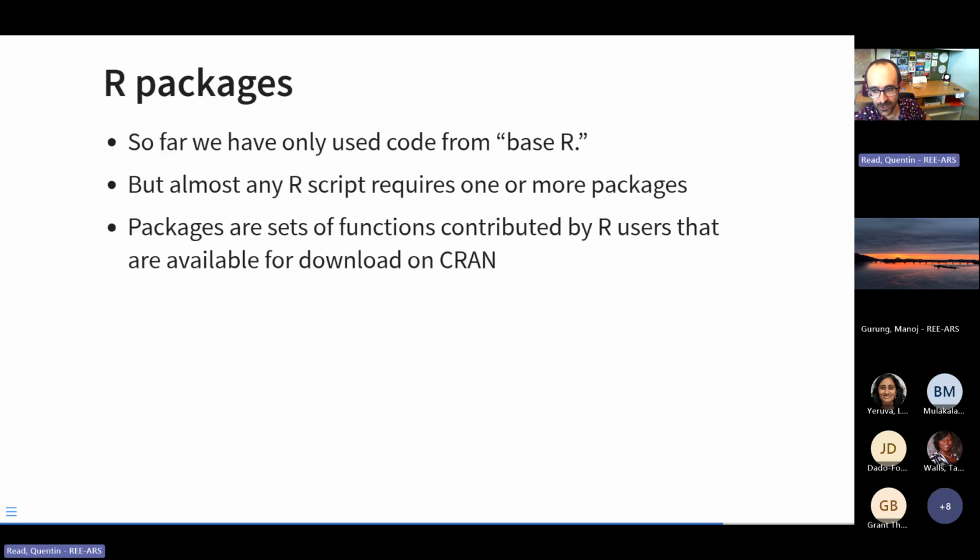Okay, the last thing we're going to do before we take a break is look at packages real quick. So far, we've only used code from base R, the set of functions that come with R, preloaded without you having to go and get any packages. Those base R functions do quite a bit. You can do some basic stat models with them, but most of what you're going to do in R is going to require one or more packages, which are sets of functions that R users have contributed